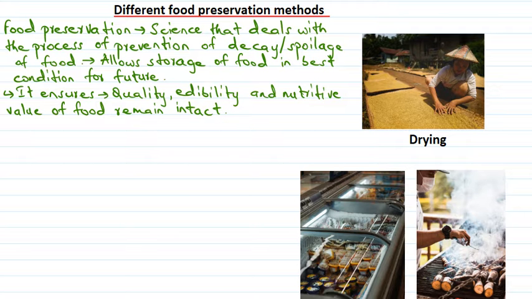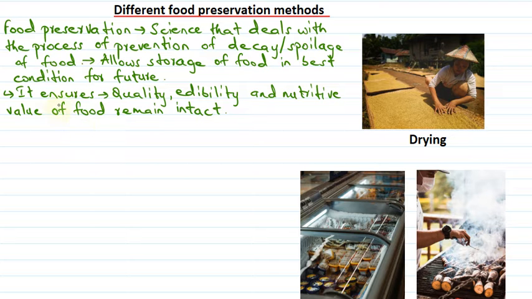Basically, food preservation means that our food remains in a state where it is not attacked by any pathogens like microbes, insects, pests, etc. And also it does not lose the optimum qualities like the color, texture, flavor, nutritive value, etc. When the food is intact in quality, edibility and nutritive value, and is not damaged by pests, insects or microbes, all these properties are supported by the methods of food preservation.